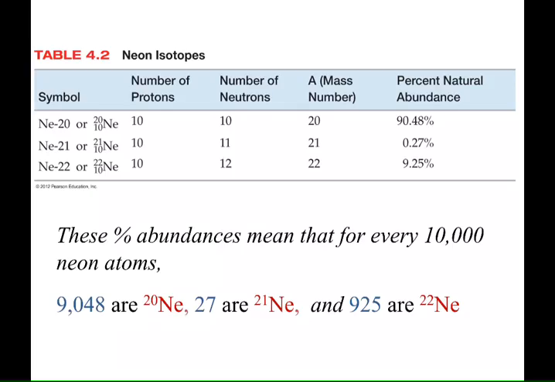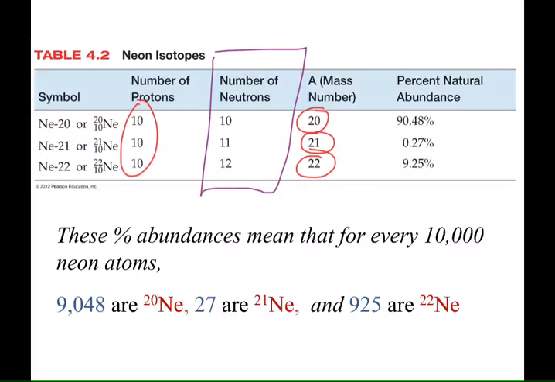So leaving copper, we actually have some more elements up here. We've got neon. These are all about neon. So we have different isotopic forms of neon. We have neon 20, neon 21, neon 22. Now, since there are 10 protons in each, can you see where this row comes up with, by difference, the number of neutrons in each isotopic form of neon? Over here on this last column